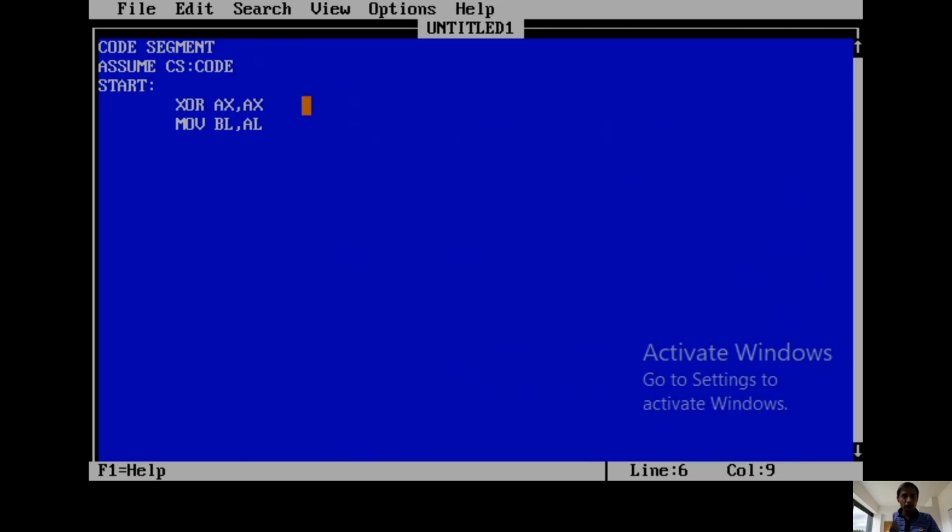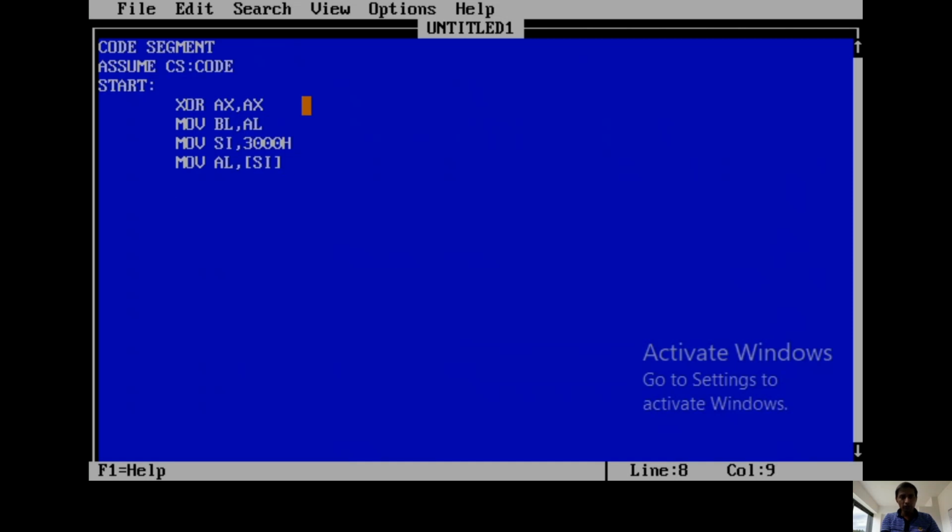Then what is the next step? First we should select one location. So move SI comma 3000H. Now we are selecting. Then move AL comma box of SI. So AL takes data from the 3000 location. One byte is selected. In our example, AL receives the ABH value from the 3000 location.